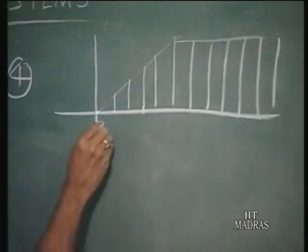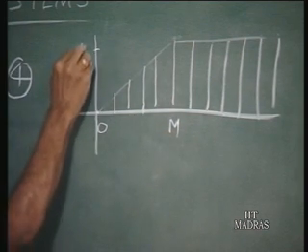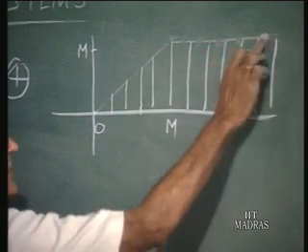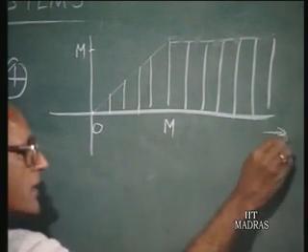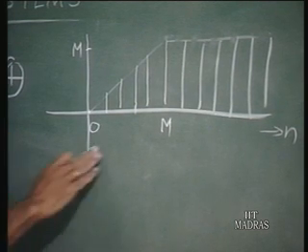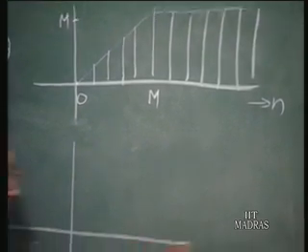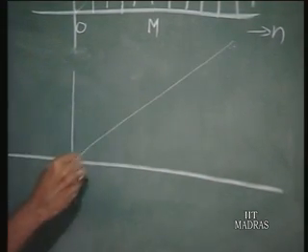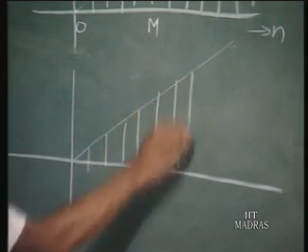Like this. So up to the mth sampling instant it rises uniformly up to the value m, and thereafter it remains constant. So this is your discrete time function as a function of m. Now, to find the z transform of this, we can regard this as the sum of a unit ramp function, which continuously rises,